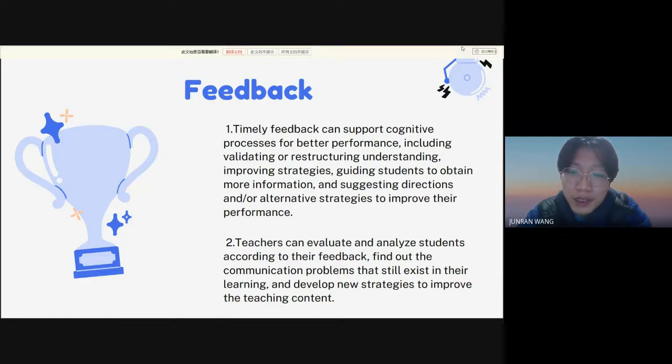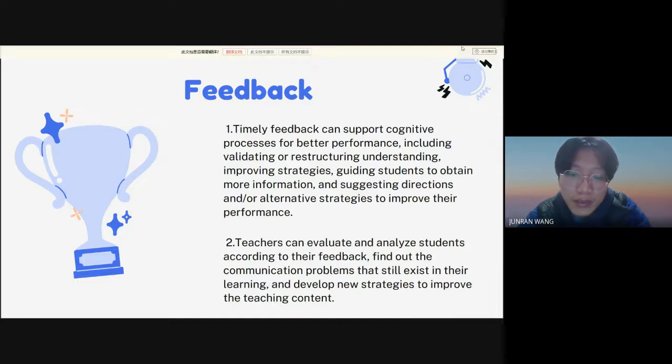Feedback can also enable students to actively participate in classroom communication, such as goal setting, task planning, monitoring, and reflection, which are important skills for self-regulated learning. Feedback can influence students'